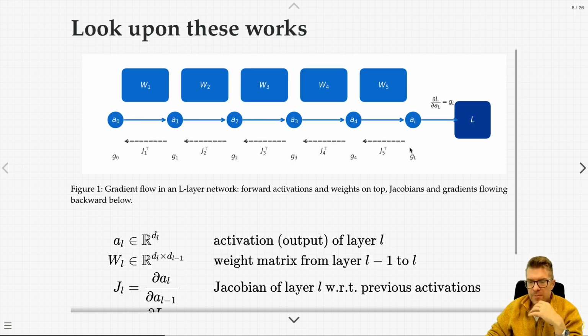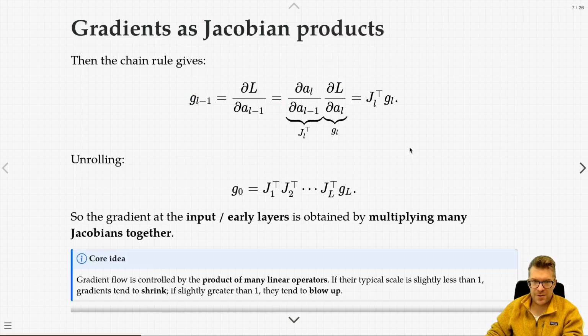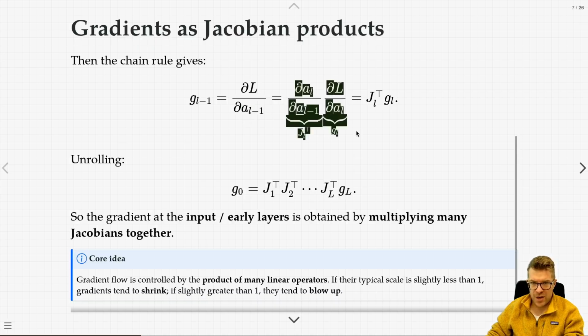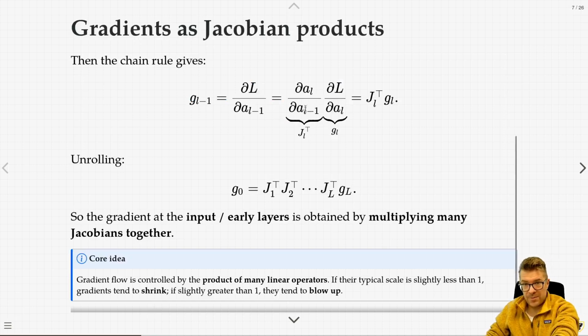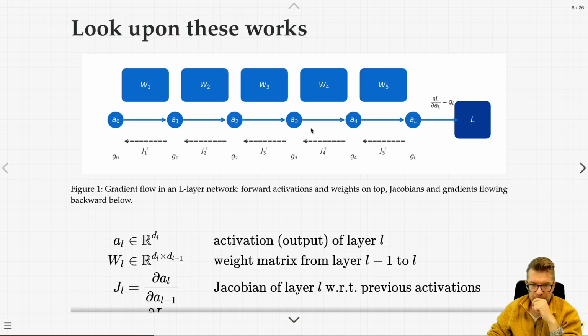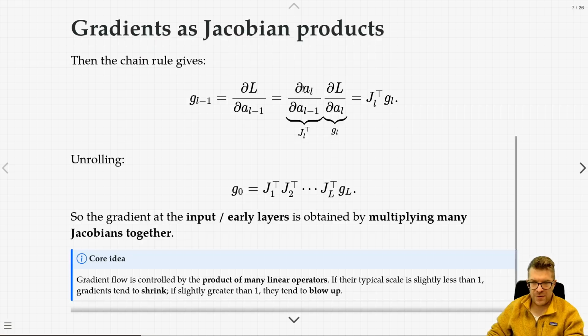step by step. I know how to do that now because I've seen this graph, so I know that I can take this equation. So I know that I can take the derivative at the last layer with regards to any arbitrary layer L, small l, and I can do that by this chain rule. And depending on where I am in this sequence, I might have to multiply more and more of these matrices together, or more and more of these numbers together. And as I move all the way back to the beginning, I'm going to have a product of a lot of these matrices. These matrices are called the Jacobian, which I previously defined here as the derivative of a sub l with regards to a sub l minus